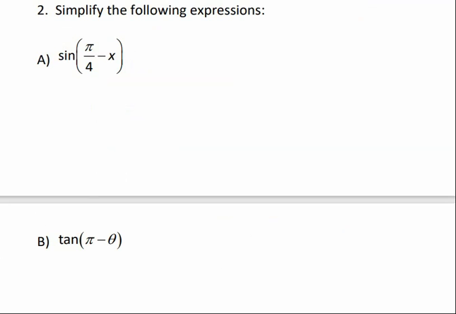All right, now let's simplify these expressions. So we're going to rewrite these using the identities. So this would be, again, this is my A and this is my B. So using the difference identity for sine, we would write this as the sine of pi over 4 times the cosine of x minus the cosine of pi over 4 times the sine of x. All right, so if we replace these angles with their values, sine of pi over 4 is the square root of 2 over 2